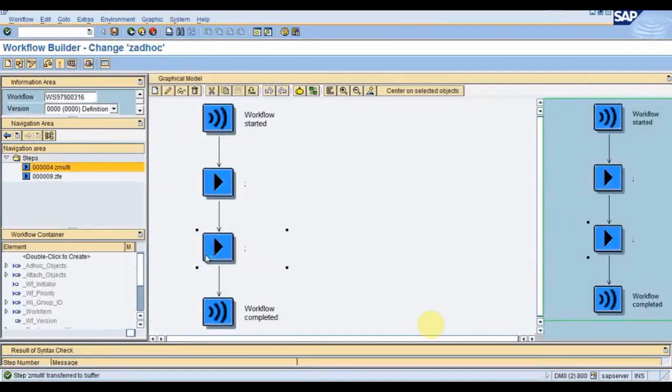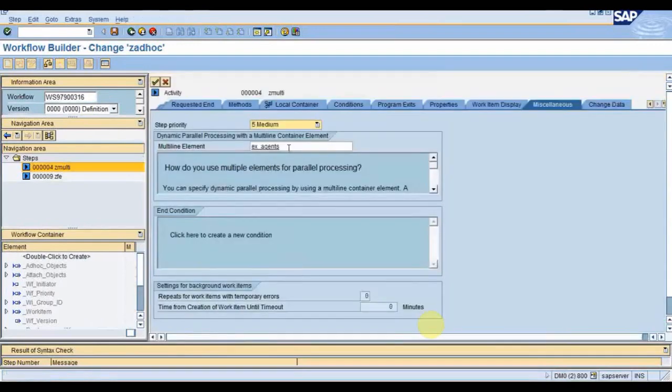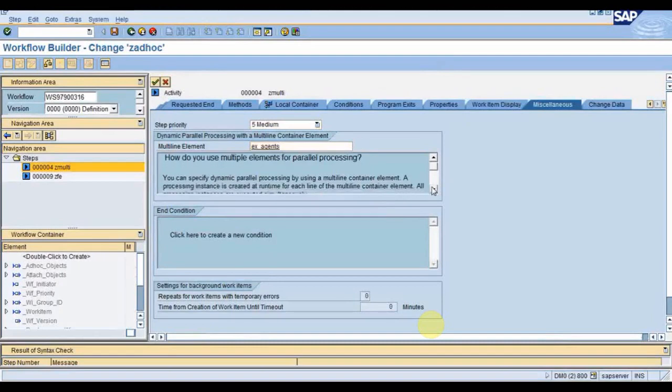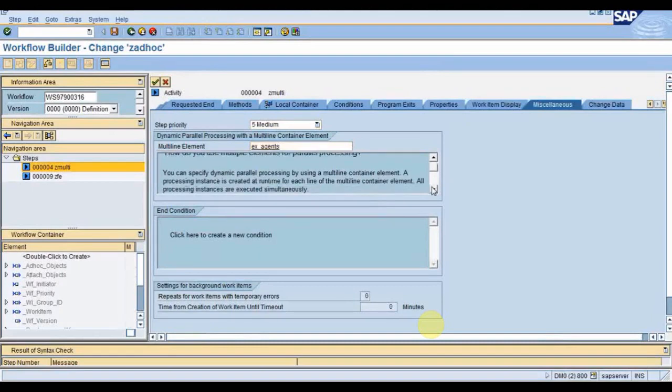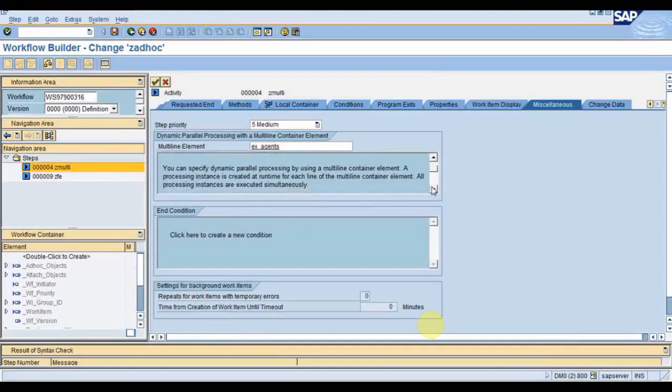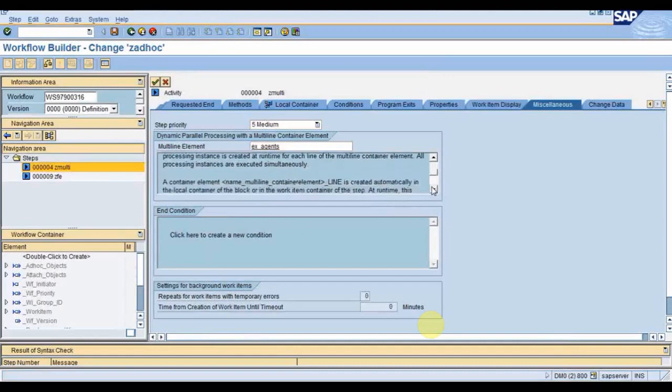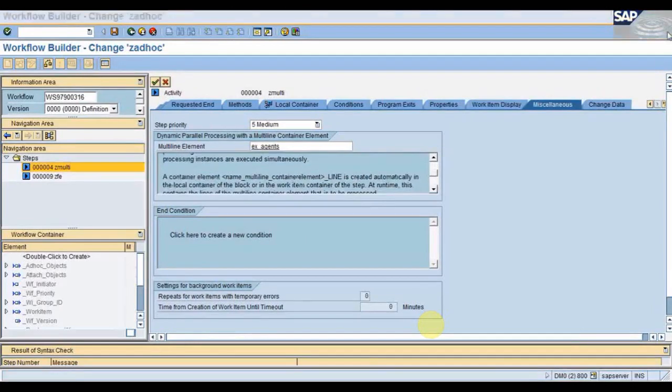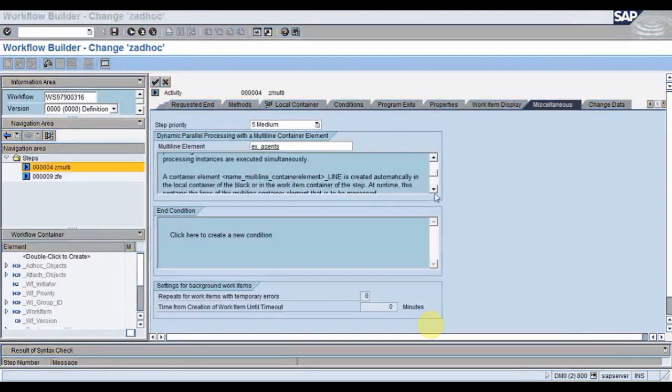Now you can see here I have selected this X agents in the multi-line container element.